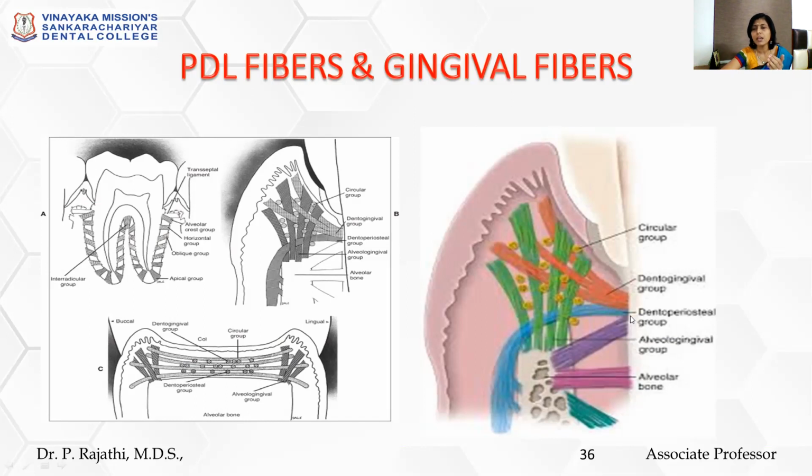As the name implies, fibers from the tooth to the periosteum are called dentoperiosteal fibers. The periosteum is the outer covering of the bone. Outside the cortical bone, you have a fibrous connective tissue with two layers. One is the cellular layer where you see osteoblast cells, and the connective tissue also. If the fibers get inserted into the periosteum, you call it the dentoperiosteal group.